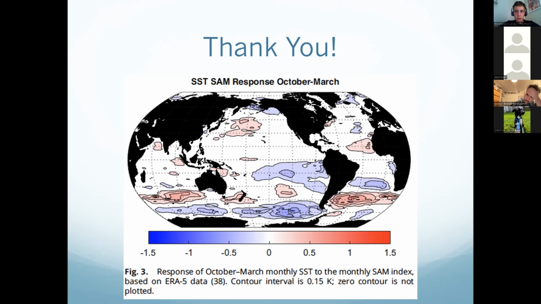Okay, thanks. Yeah, I think it's easy for people to get the wrong idea, because virtually every modeling paper that's looked at stratospheric ozone impact focuses only on DJF, because it's the only real season where the signal is significant. And if you look at the annual mean or in JJA, it's actually quite a different story. So yeah, anyway, thanks. Thank you.